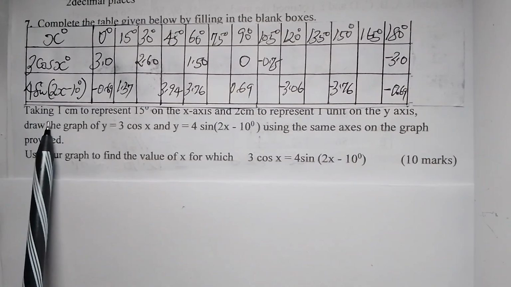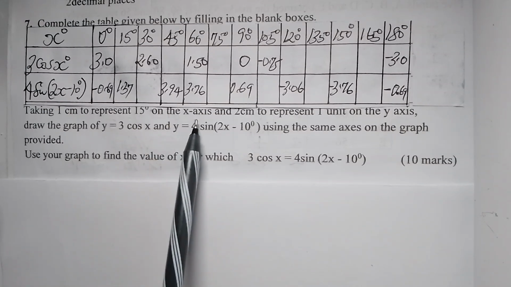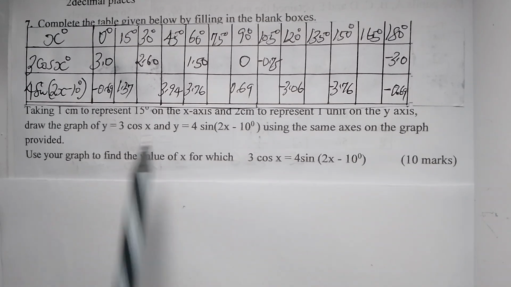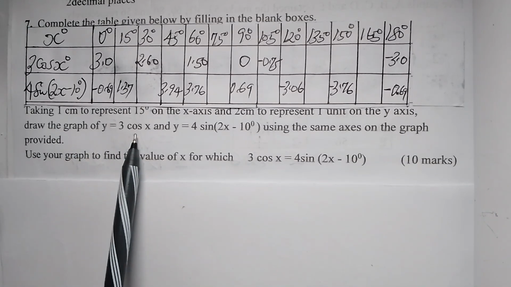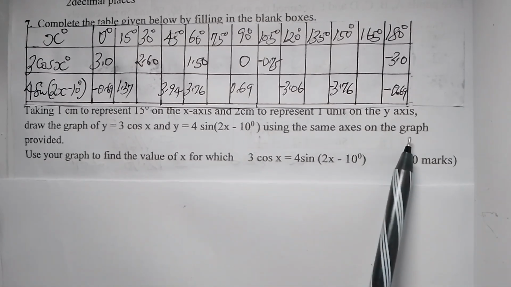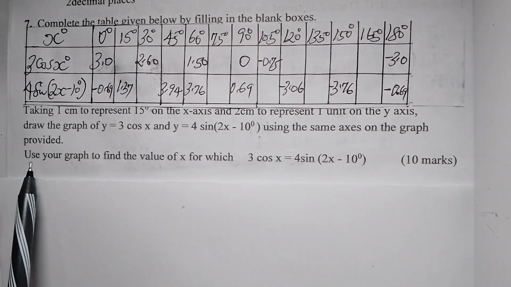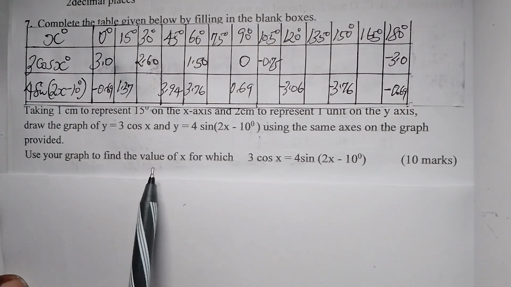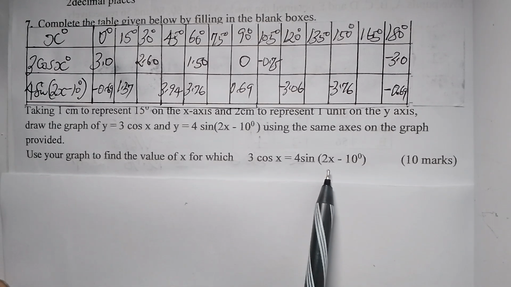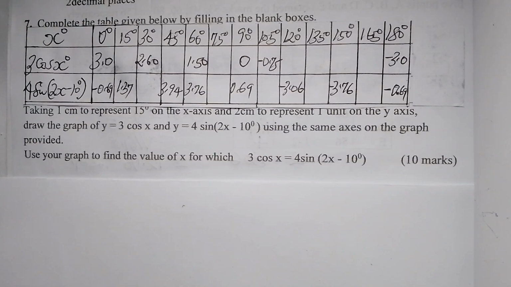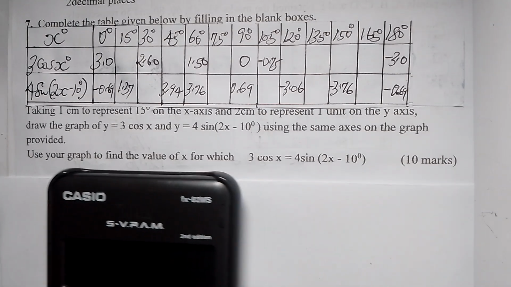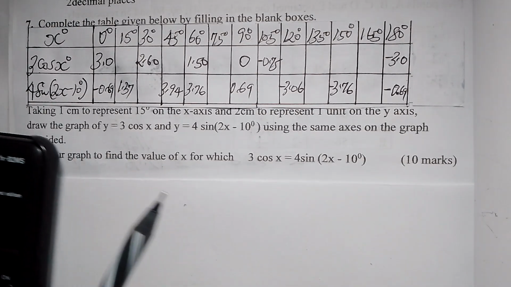Some values are missing and we are going to fill them in. Then, taking 1 centimeter to represent 15 degrees on the x-axis and 2 centimeters to represent 1 unit on the y-axis, draw the graph of y equals 3 cos x and y equals 4 sine 2x minus 10 using the same axis on the graph provided. Use your graph to find the value of x for which 3 cos x equals 4 sine 2x minus 10. So we're going to use our calculator to get these values and give them correct to 2